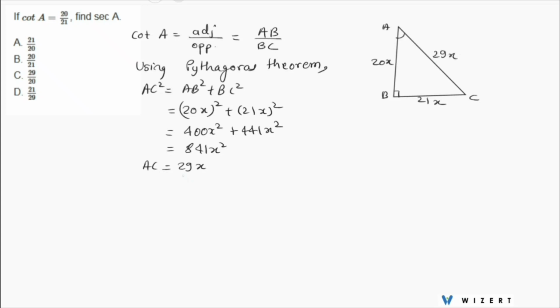So AC is 29x. Now we have to find sec A. Sec A is equal to adjacent side divided by hypotenuse, which in this case is 20x divided by 29x. So sec A is equal to 20 by 29. So let's see, answer is